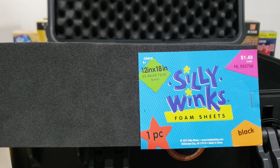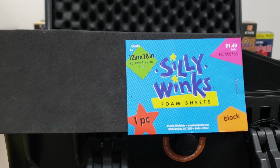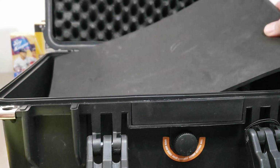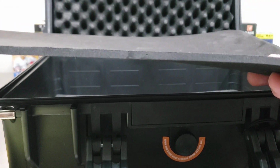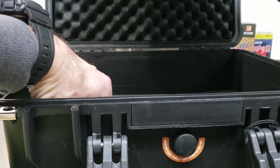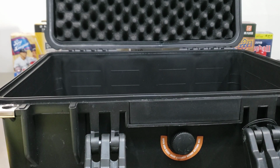Okay, went to Hobby Lobby, bought this for $1.49. It was on sale for 99 cents, 12 by 18. You can cut it down from there to, I think the interior of this is like 15 by 11 on the inside. It goes right in there, adds a very thin layer, maybe a 1/4 inch if that. At the bottom, gets rid of this 1.5 inches. That way, your slabs fit in there,